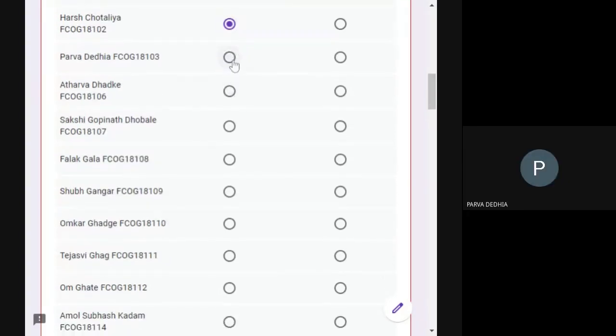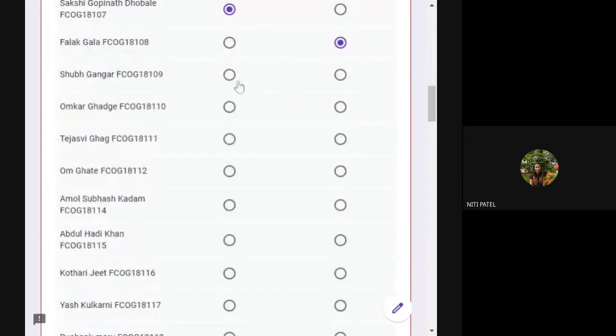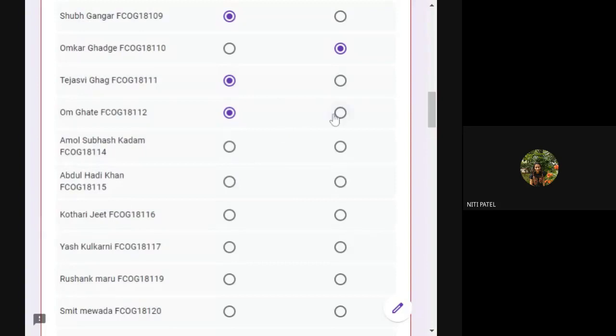Parva. Present, ma'am. Atharva. Present, ma'am. Sakshi. Present, ma'am. Palak. Shubh. Present, ma'am. Omkar. Tejasvi. Present, ma'am. Om absent. Amol. Yes, ma'am, present.